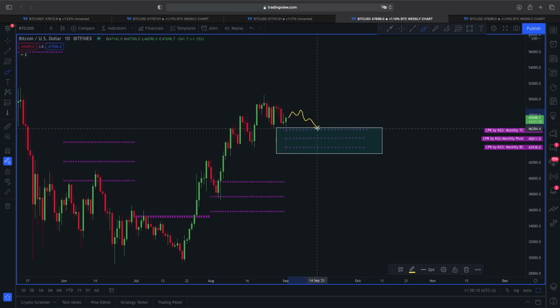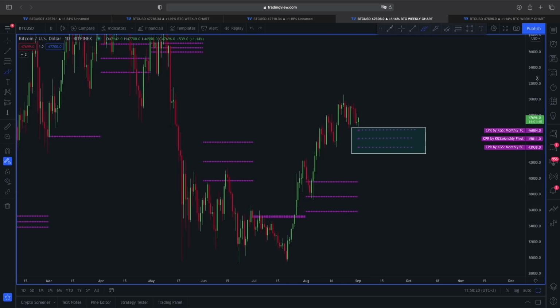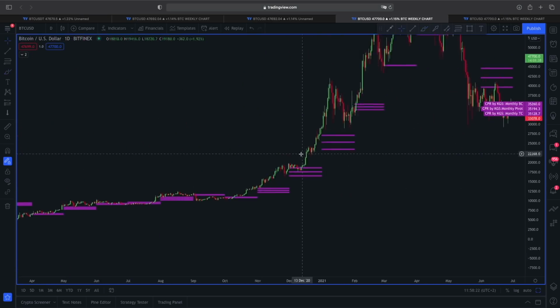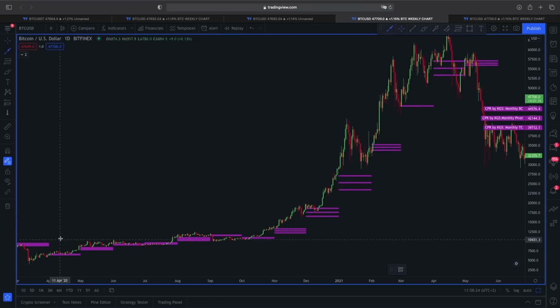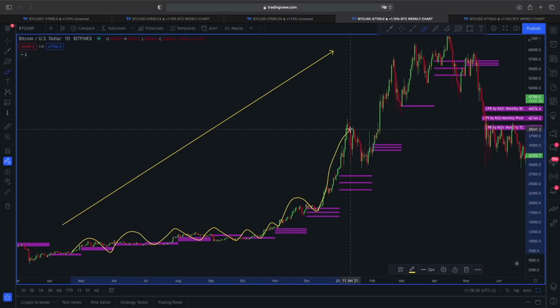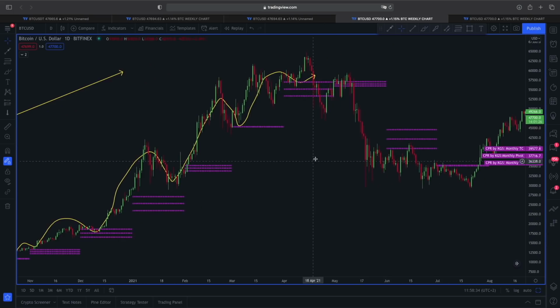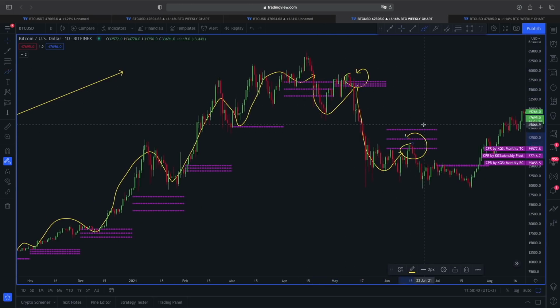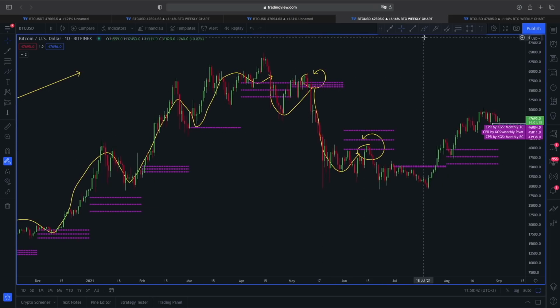So what I am actually expecting, even if we are going to see some sort of a movement in the coming days, is maybe some shakeout around this CPR line before price chooses an actual trend direction, because I have shown you with many different examples. Whenever the price of Bitcoin has started a new impulsive movement, you can see with each and every pullback, the CPR line was tested more than 90% of the time. But when the downtrend started, the CPR line acted as a resistance. Why? Because this was a descending CPR.